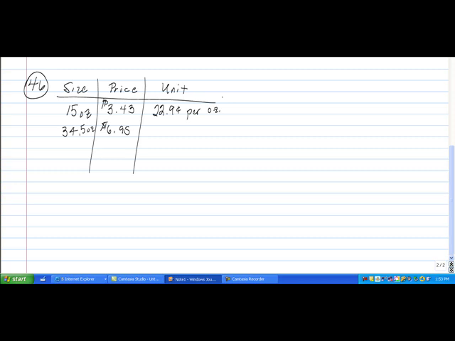Okay, so let's check the price on the 34.5 ounce coffee. We have 6.95 divided by 34.5. The unit price is 20.1 cents per ounce. So when we compare the unit price, we see that that is the better